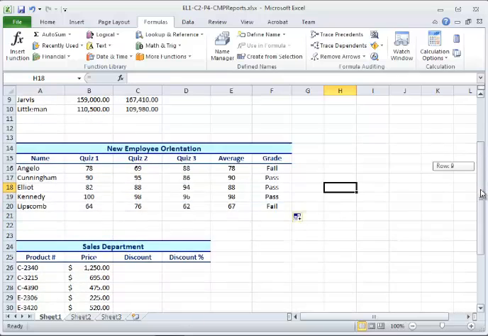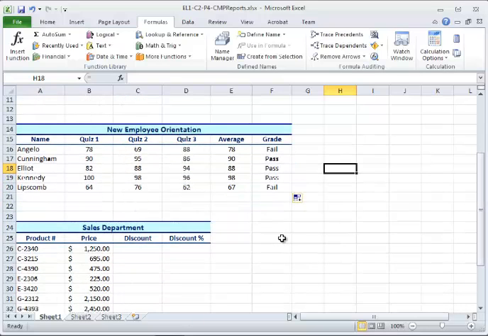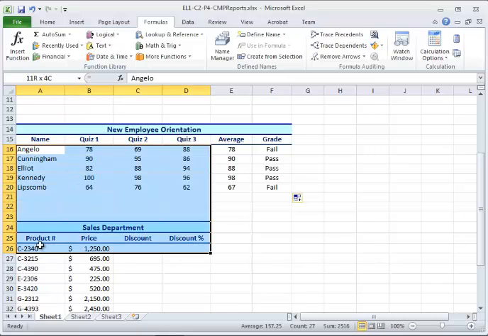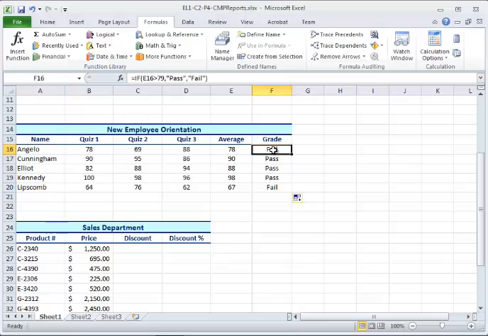Okay, so as you can see, 5, 6 records or employees or whatever you have, it's no big deal, but you can easily imagine this could be perhaps dozens or even hundreds or even thousands of rows. You could go all the way down, and then having this kind of function and then do the autofill, you can see the result quite fast